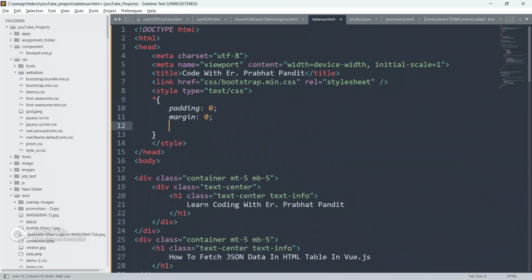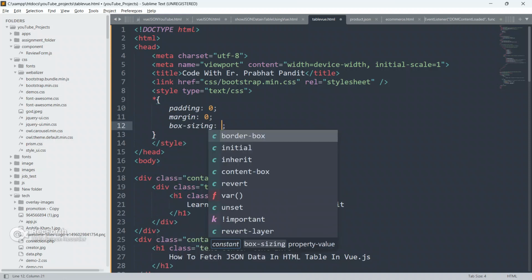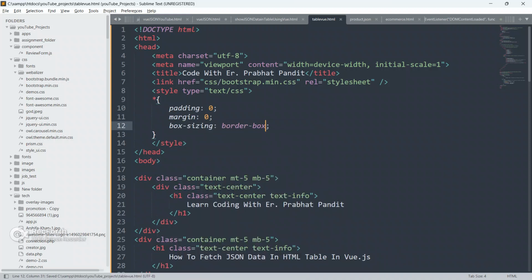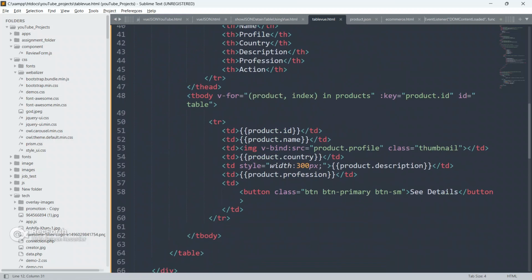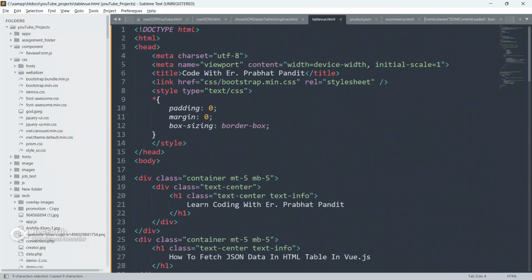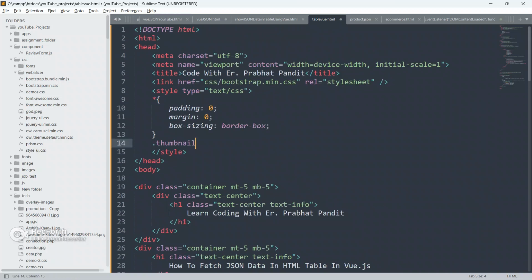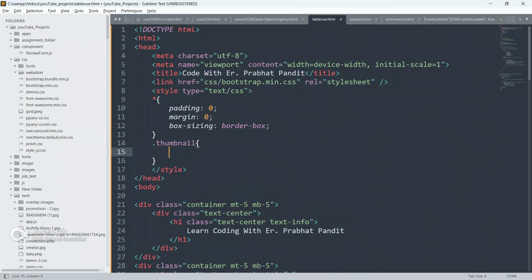Give padding as 0, margin also 0, and box-sizing as border-box. Now I'm going to copy this thumbnail class from the image element. Copy it from here, go to the style sheet, put a dot, paste it here, and we have to define our CSS now.